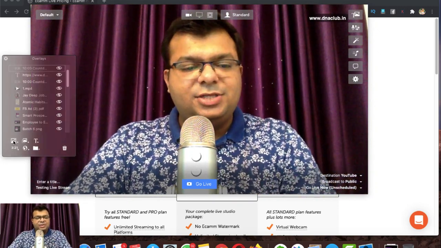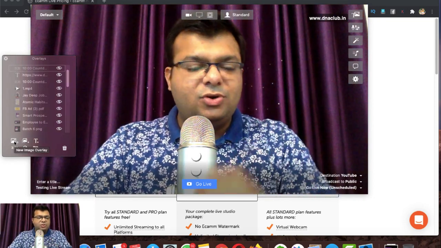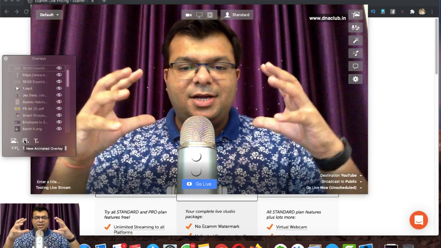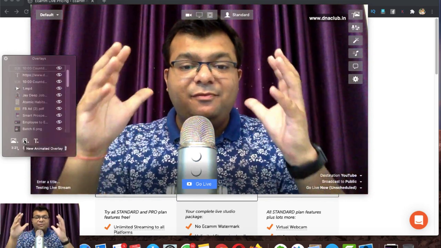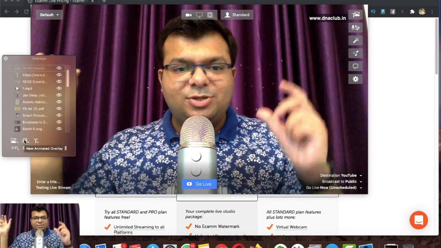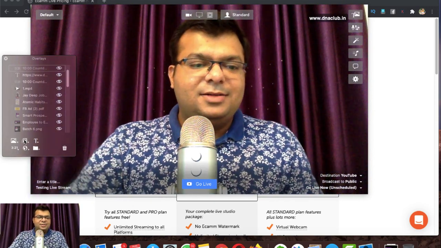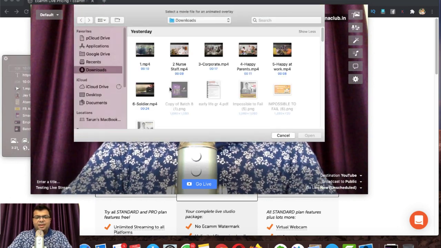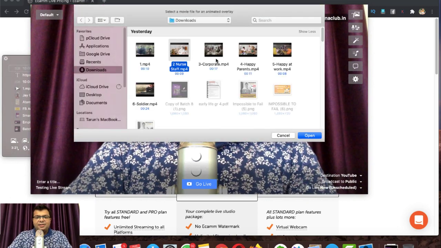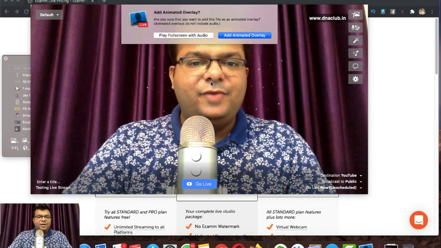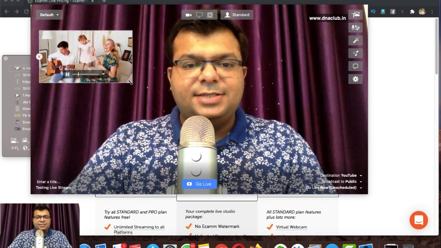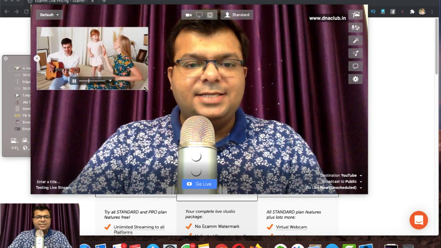Also, it has a very good feature where you can insert photos. This is known as new image overlay, and also animated overlay. Suppose you want to show a photo or a video during your live video. I can click here, and it will open my hard disk drive, and I can play a video. With the animated overlay, I can change the size of the video.